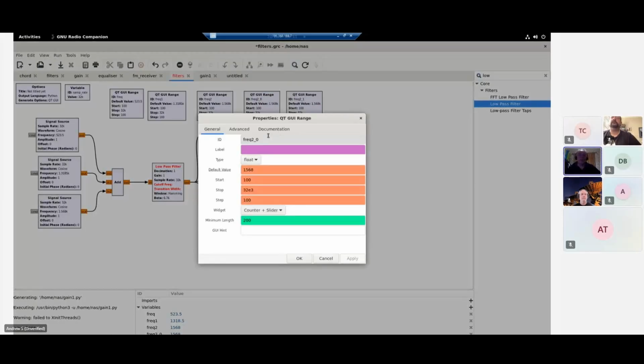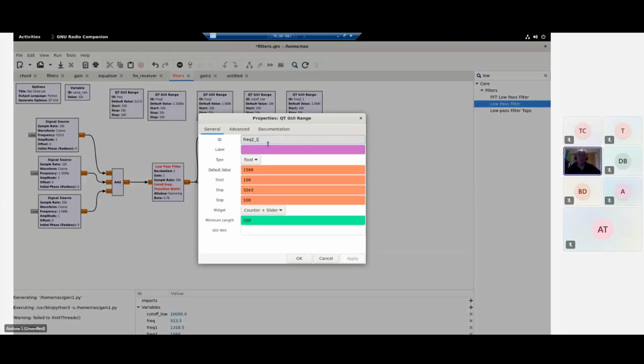And the first range I'm going to do as cutoff_low, and cutoff low, the default is 10 e to the 3, start is 100, and the stop is 10 e to the 3, so 10k, and the step is 10. So 10,000 default value, 100 start, 10,000 stop value, step is 10,